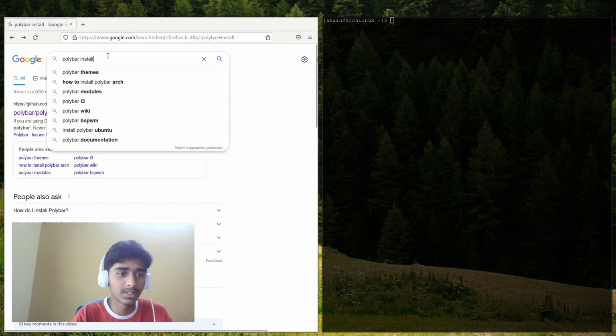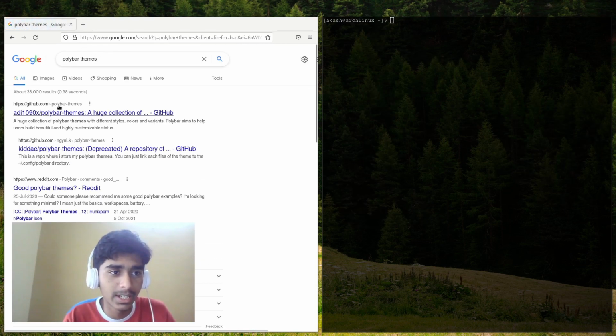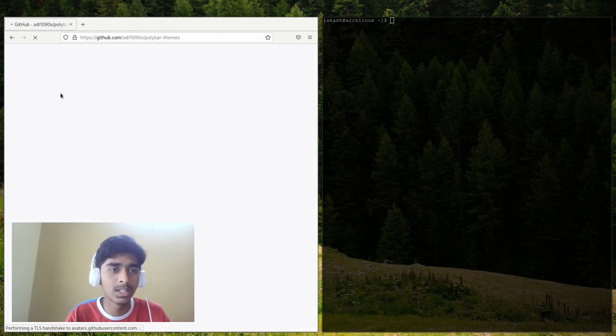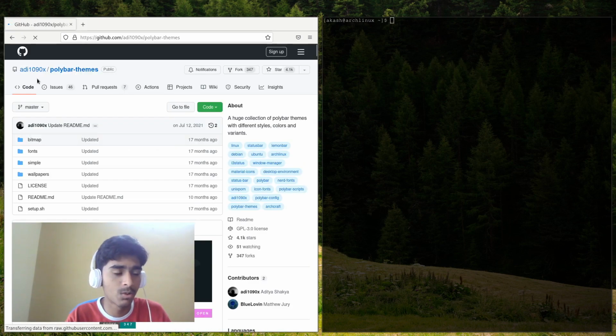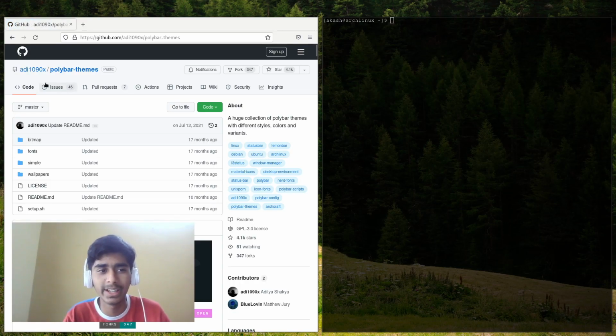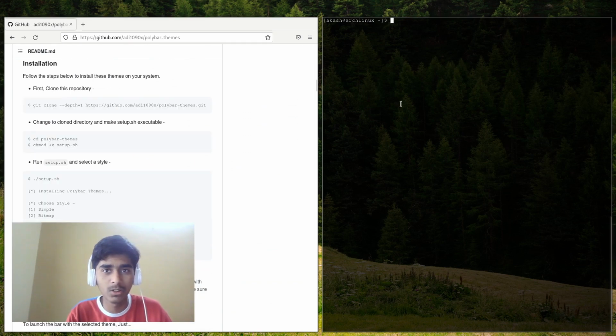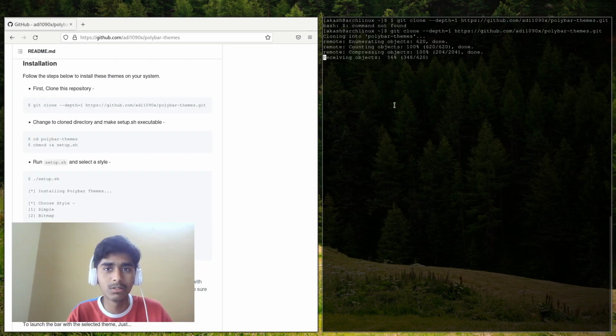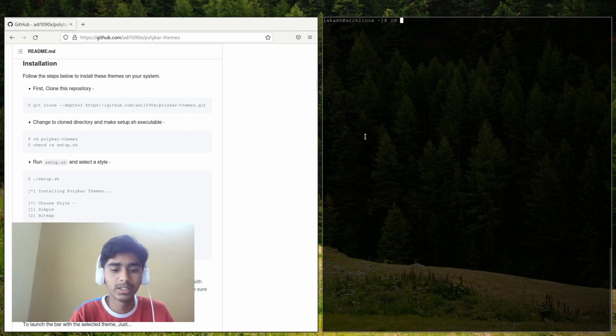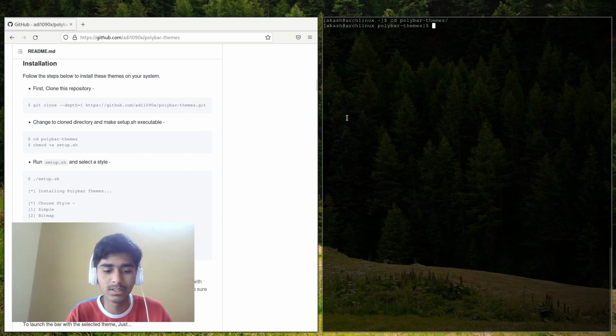So for that, I'm just gonna say polybar themes, and this leads you to this GitHub repository. Shout out to Adi, I'm pretty sure it's Adi1090X. Shout out to that guy. Just copy the link, and that is gonna go ahead and clone the polybar themes repository. You can go ahead and go into that repository and then just give some sudo privileges to the setup.sh, and once you have done that, you can just say